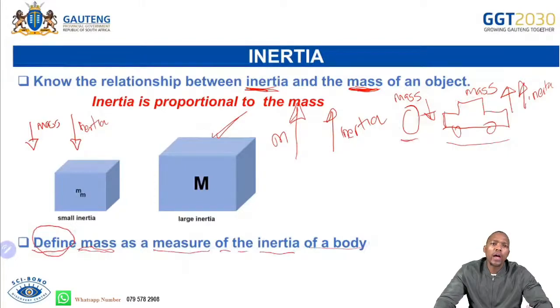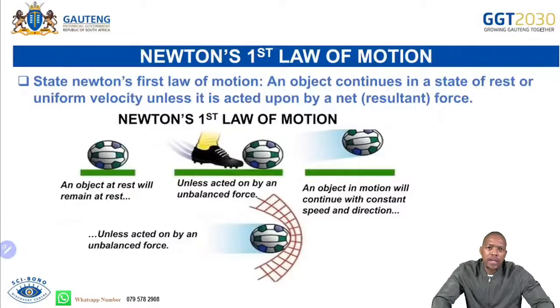And then from there, I want you to know the relationship between the two. I want you to know the relationship between the mass and the inertia. That mass is directly proportional. Mass is proportional to the inertia, right? The bigger the mass, the bigger the inertia. Okay. Then after that, that can take us now to